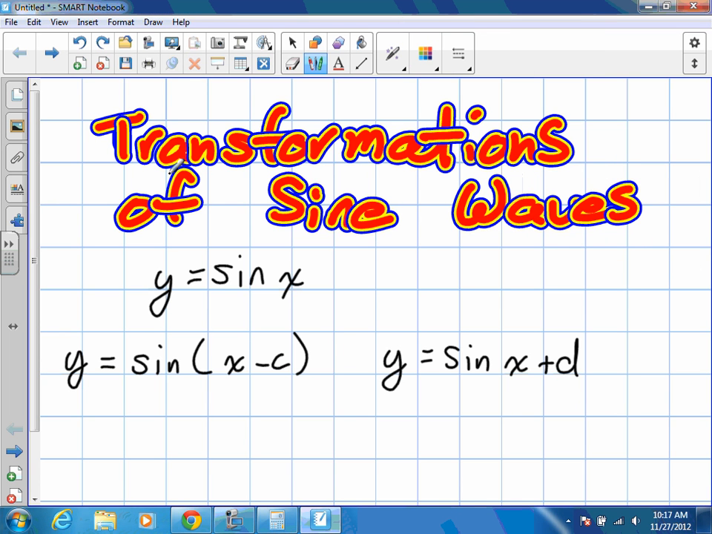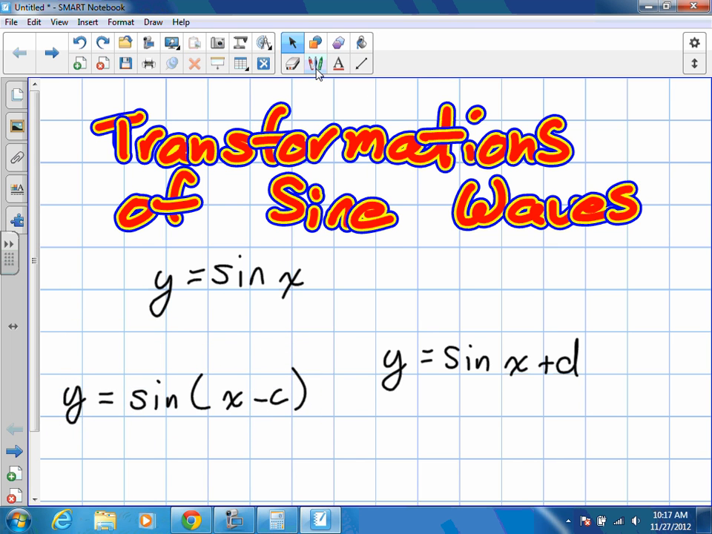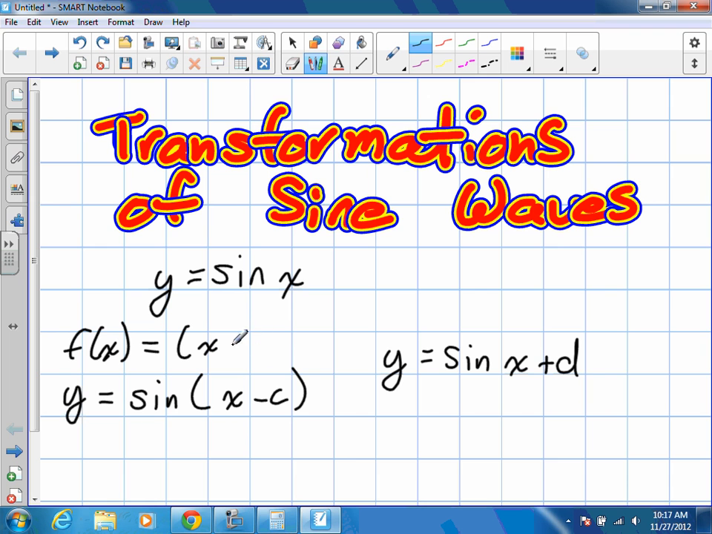Transforming sine waves, okay? And not just any type of transformations. We're going to specifically only work on two, horizontal and vertical transformations. Now, I want to draw your attention to this. I've written it as y, and we are used to f of x. But I want you to see the similarity of this to f of x equals x minus